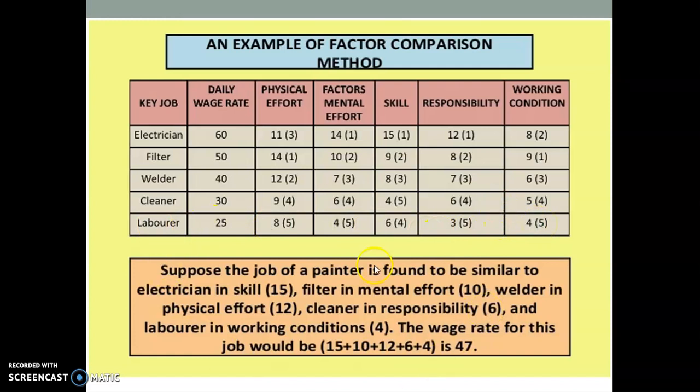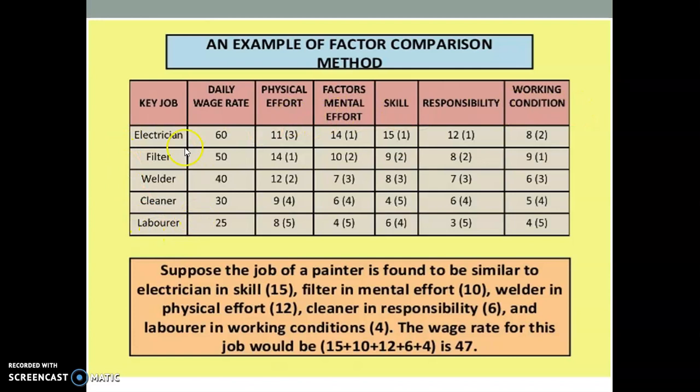After these calculations, we identify the total being 47, and on the basis of that we can calculate the individual's points, which can be multiplied with the total amount we can provide to any individual. So that is the factor comparison method, where these factors are compared